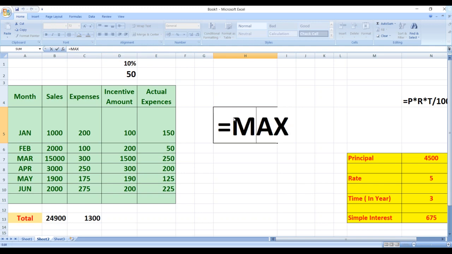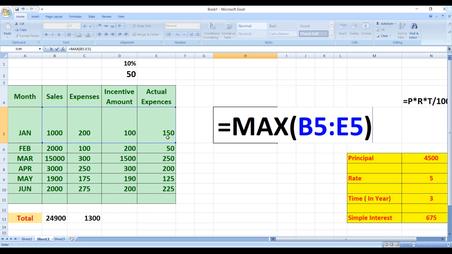So I'll open my circular bracket, select the cell address, that is B5, then mention the colon till E5. Close the circular bracket.